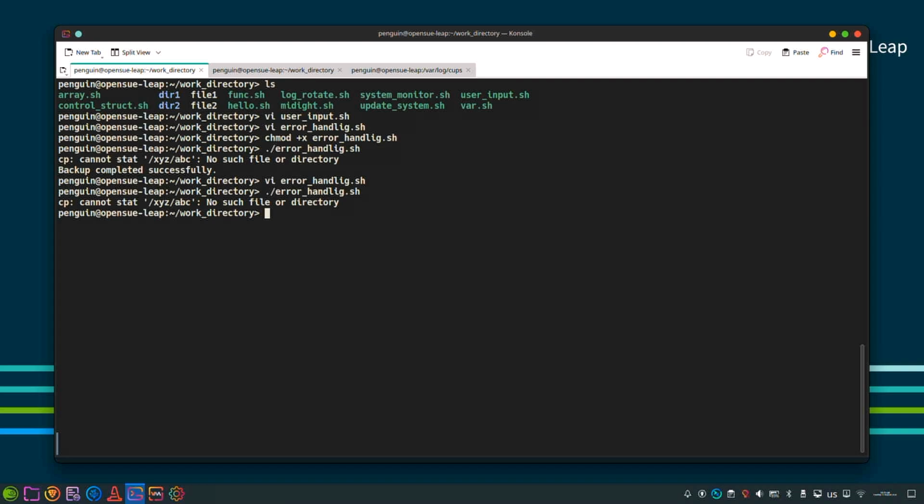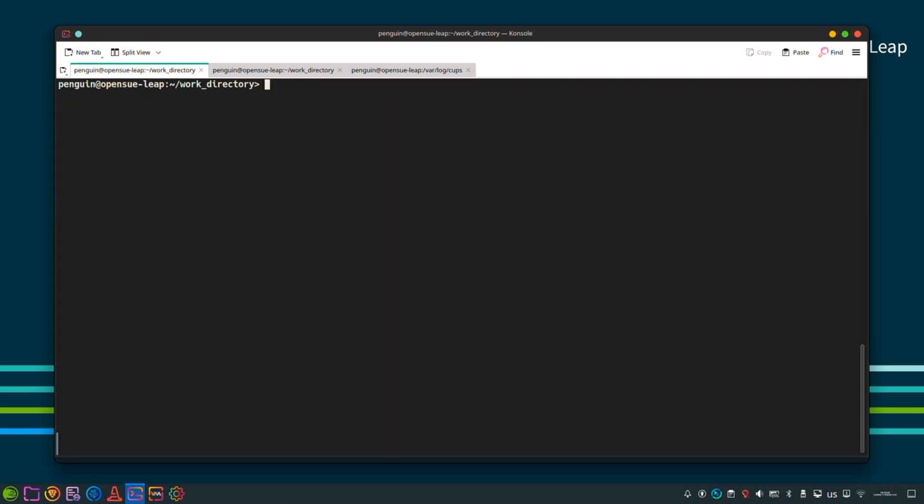Okay, another one is called trap. To clean up, the trap command allows you to specify commands that should be executed when the script exits or receives a signal. Let's give it an example, and we call it trap_example.sh. Okay, again, bash,